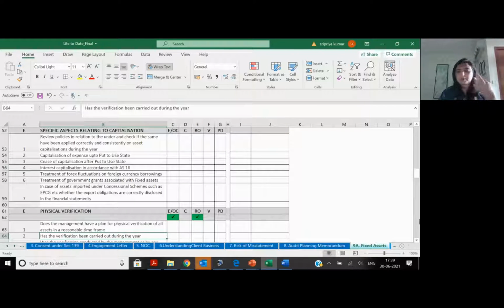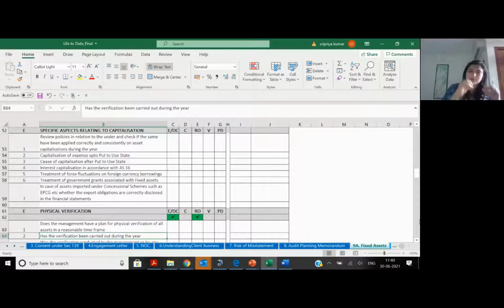First of all, we all have a problem with the fixed asset register itself. The register will have one line: cement, sand, labor charges, freight charges, and you won't even know to which asset it has gone. So first of all, your client should have a decent fixed asset register. Secondly, when you ask them for a physical verification report, they will give an italics bracket and then they will say verified. That's clearly not acceptable. And especially when you go to the italics bracket, there will be pipes, fittings, etc. 10,82,000. You ask them, how did you verify this? So the fundamental building block is a fixed asset register, which ought to be properly maintained.